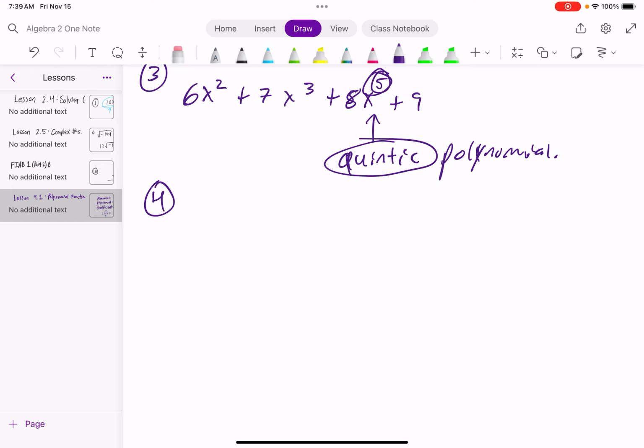All right, number 4. Let's see where 4 is. Don't you hide. It says, simplify